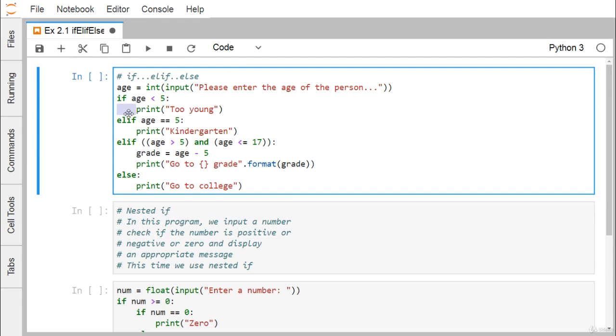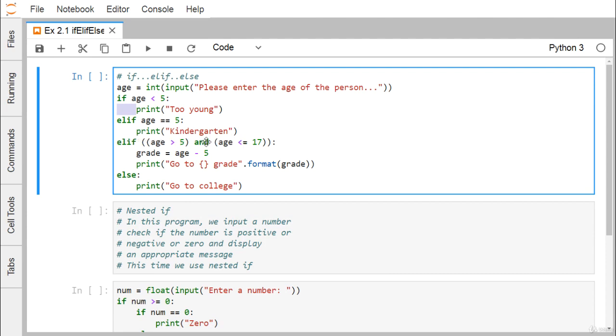So when the condition is true, the control will come to this block. We call it else if, but in Python it is elif. Different languages have different syntax to write this. After elif, we put another condition, and then we have one colon here. The next block will get executed when this condition is true. The control will come to this elif block when the condition against the if statement is false.